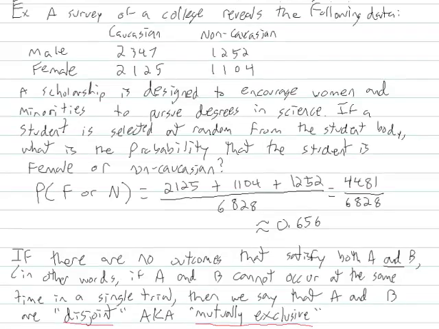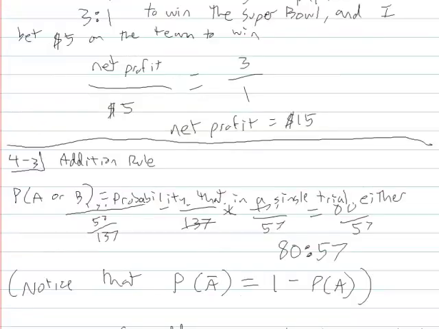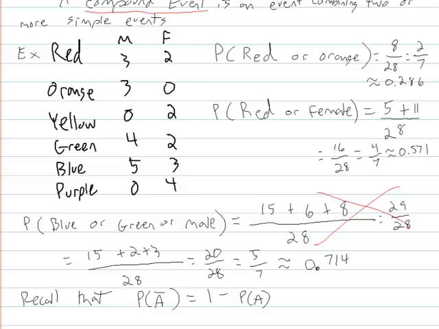For example, we could look back at that color example that we did. And some of these things are disjoint. Red and orange are disjoint events. Right? If I select a single person, a single trial of this experiment, it's not possible to have that outcome